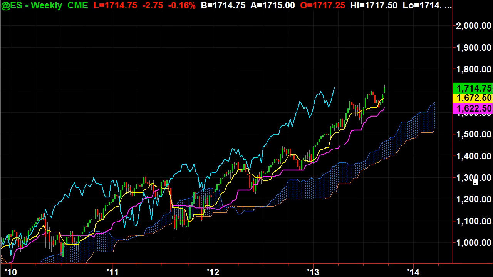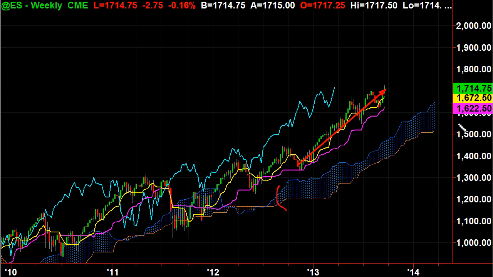There are four main parts to this chart. Actually, there's five. Number one, what you're looking for is the price action of the chart. This is a weekly chart of the ES, the S&P futures, and it's the main thing that everybody looks at. If the price action of the chart is going up, and if it is above this blue cloud,